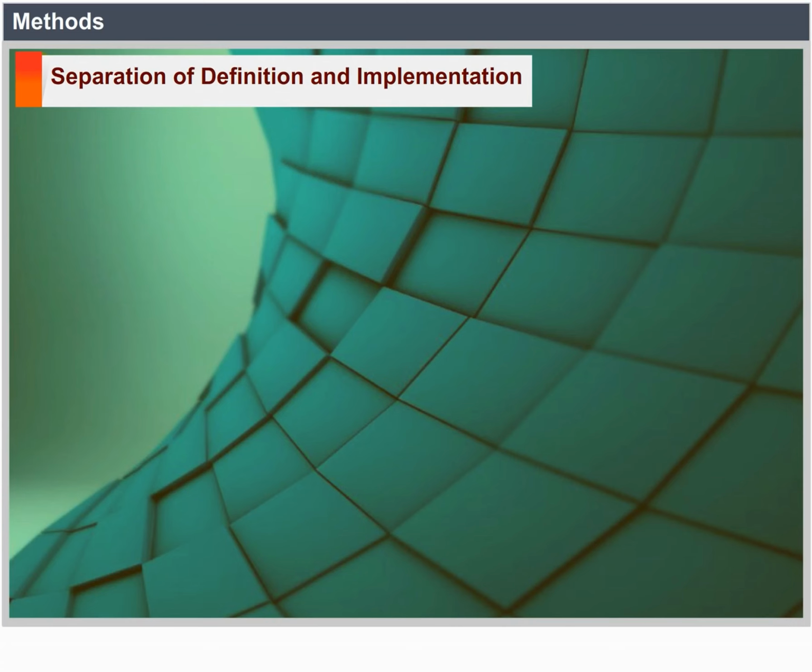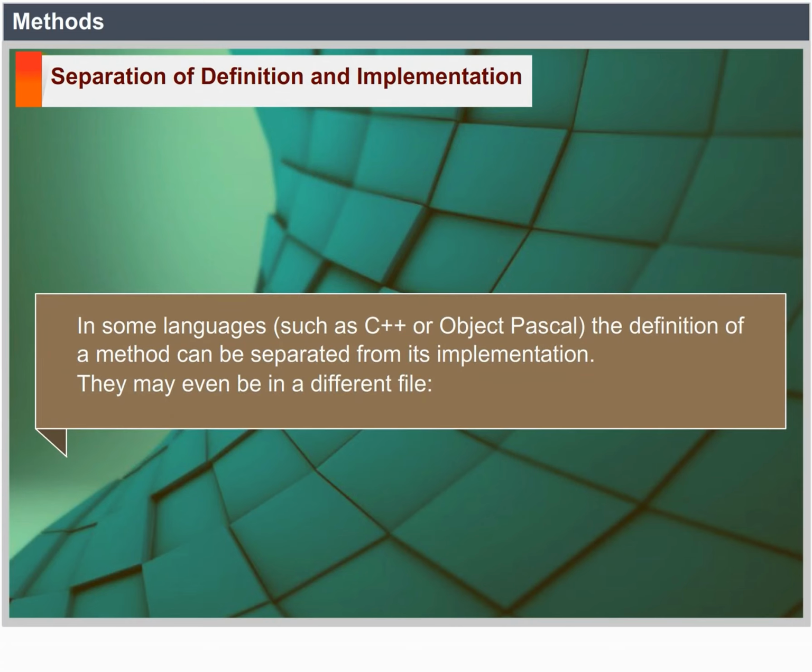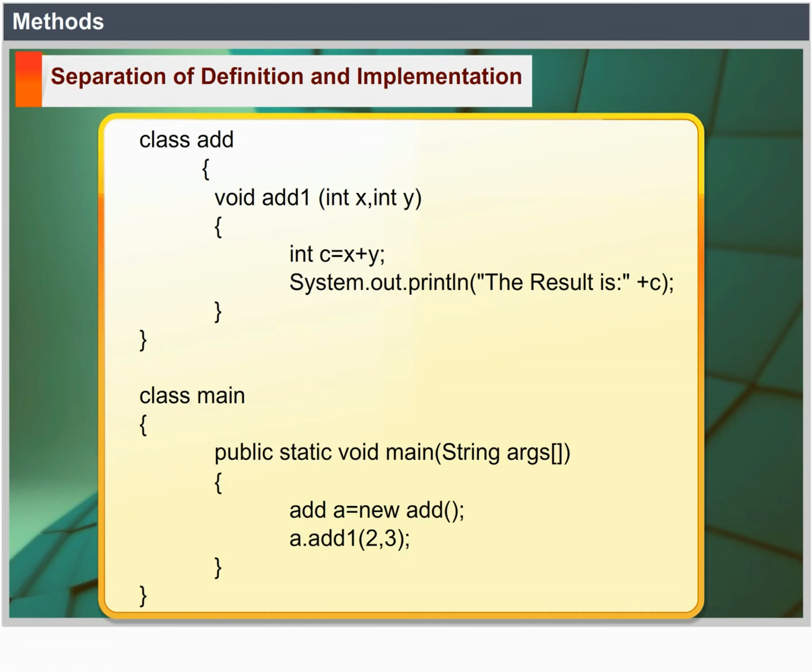Separation of definition and implementation. In some languages, such as C++ or Object Pascal, the definition of a method can be separated from its implementation. They may even be in a different file. class Add { void add1(int x, int y) { int c = x + y; System.out.println("The result is " + c); } } class Main { public static void main(String[] args) { Add a = new Add(); a.add1(2, 3); } }